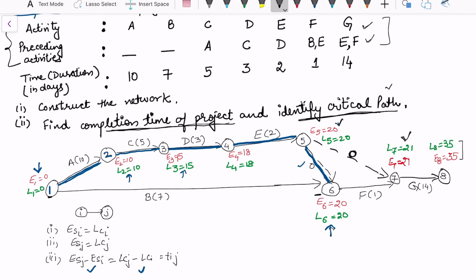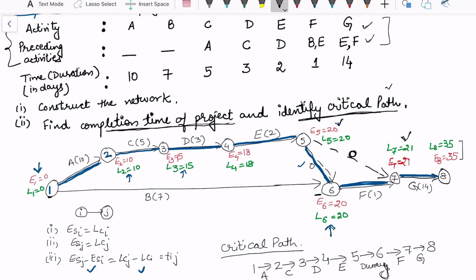path. This is the path and this comprises activities A, C, D, E, and 5 to 6 is a dummy activity. So I'm just going to write a dummy. 6 to 7 is F and 7 to 8 is G. Now these are the activities that take the longest duration, and also this is the minimum time of completion of the project. So for example, which activity is not covered? B. So the time taken by these activities will ensure that B will automatically be completed within that time duration because it is not taking the maximum time. So this is the critical path calculation.